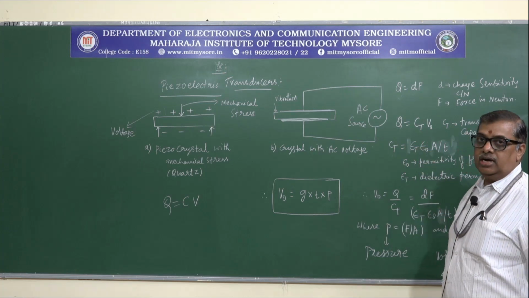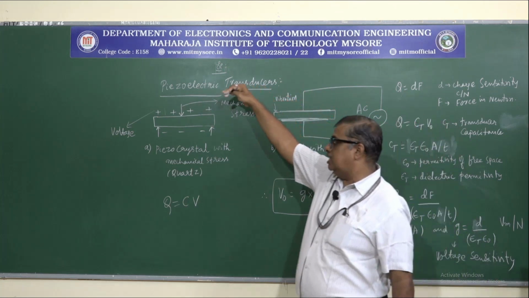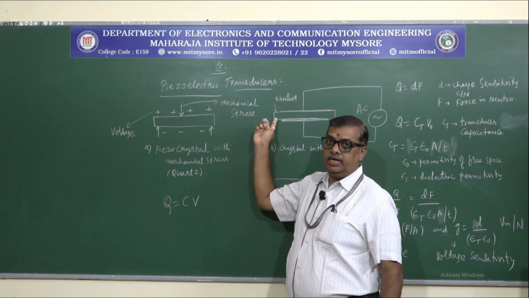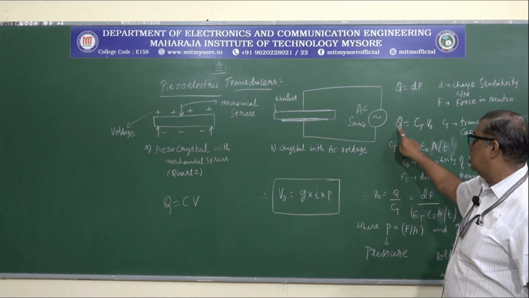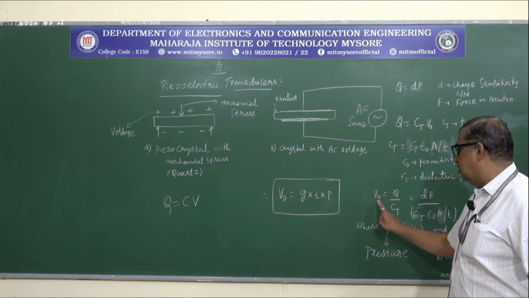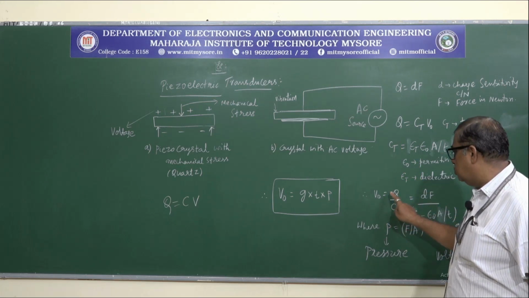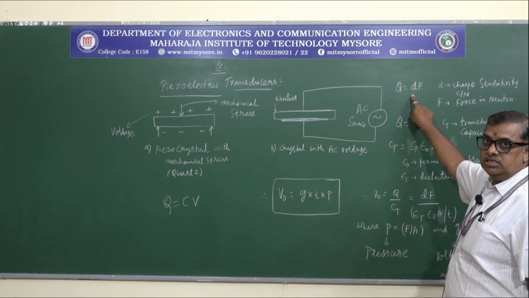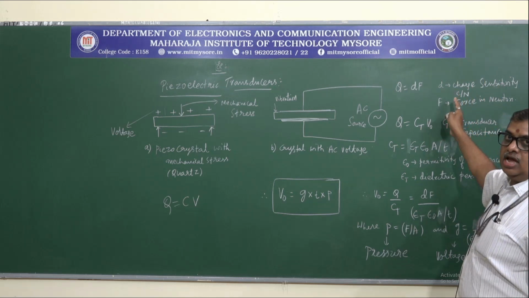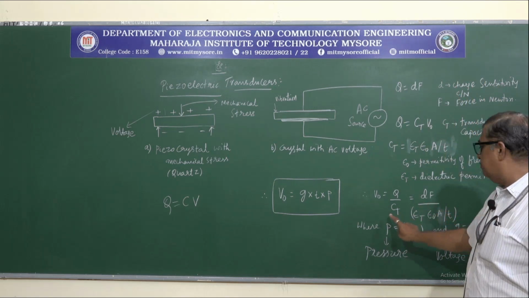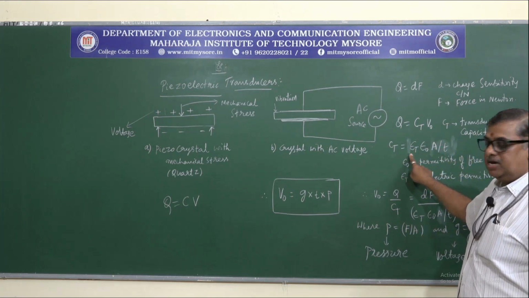Okay. Now, what are we interested in? Whenever it is vibrated or stressed, what is the equivalent voltage we are getting? That is given by this equation. I am just using this equation, Q = C_T × V_0. Therefore, V_0 = Q / C_T. And I will substitute for Q the first equation. What is the first equation? d × F, the charge sensitivity into force. And for this C_T, I will substitute the standard equation of a parallel plate capacitor. So, if you substitute here,